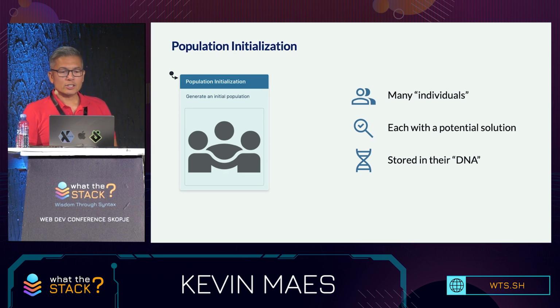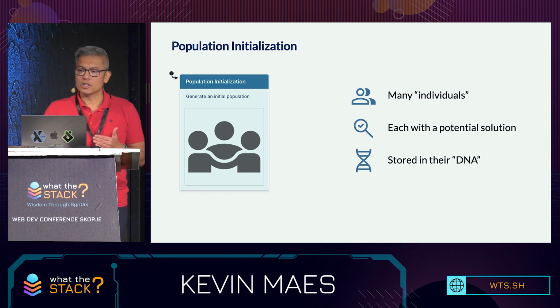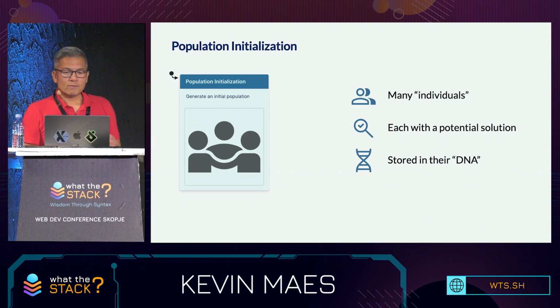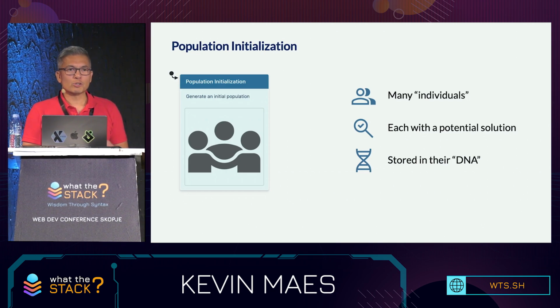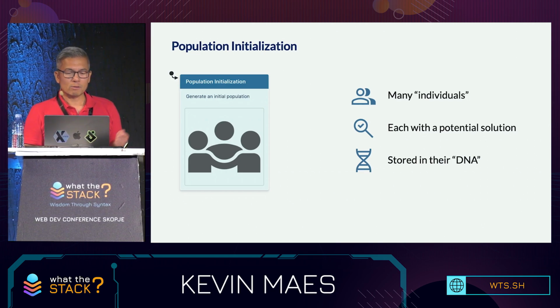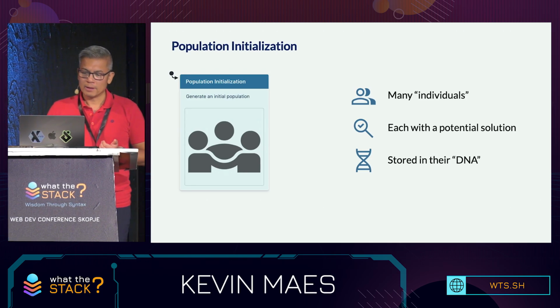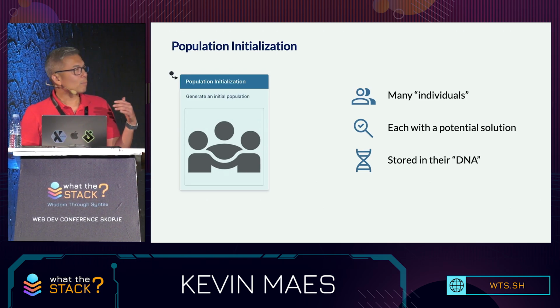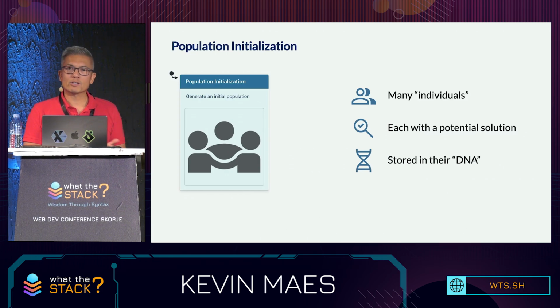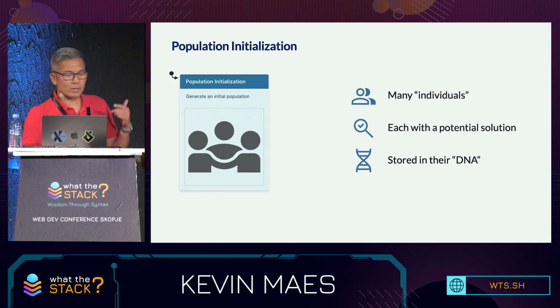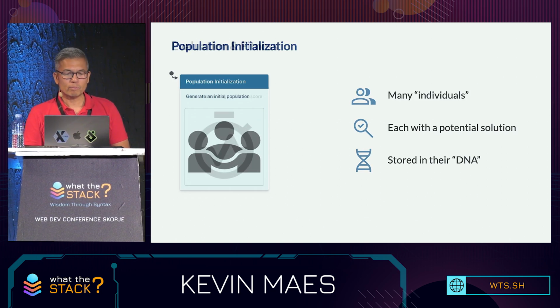Now, these GAs are going to manage a sizable population of what's known as individuals, or members, and these individuals will each contain potential solutions to the problem. And those solutions are stored or encoded in the individual's DNA. Now, DNA here is a kind of representation of the individual's characteristics as a solution. And it's important to note that population initialization is where we can first establish a wide variation for the population.